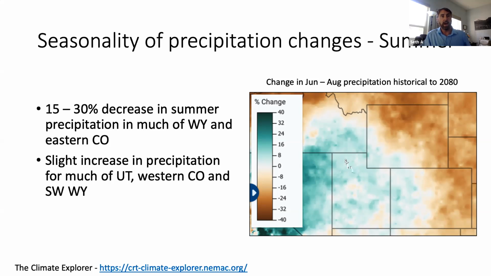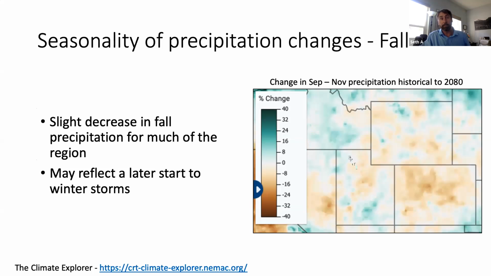I do want to point out that these increases that are projected in summer precipitation in Utah are based on percentages. So we're looking at 0 to 10% increase in precipitation. And many areas in Utah, especially those in western and northern Utah, not impacted by the North American monsoon, this precipitation is very low, on the order of tenths of an inch to an inch and a half per month. So the absolute change in precipitation here for the summer is not very great.